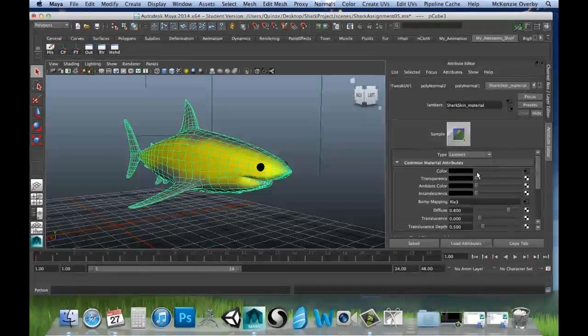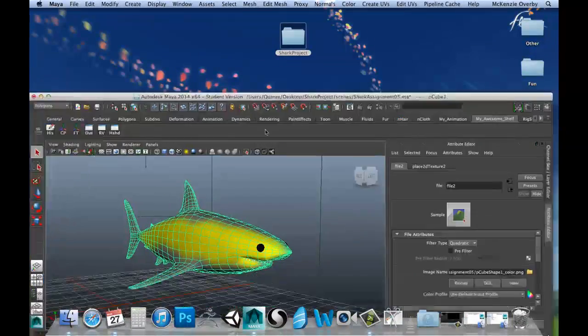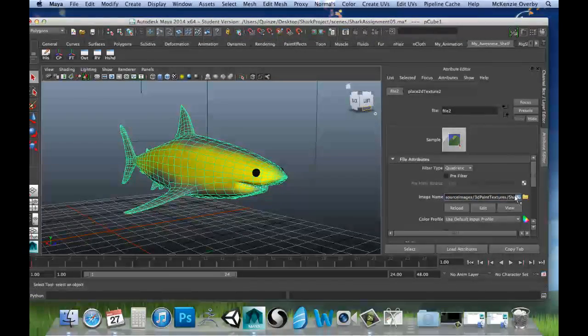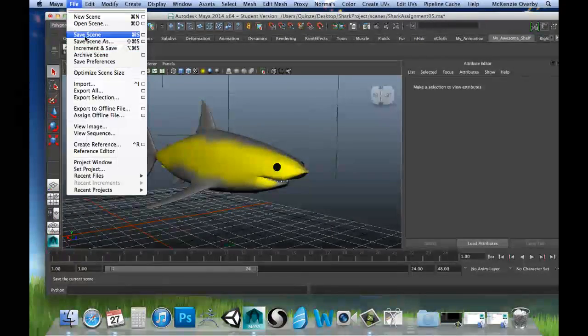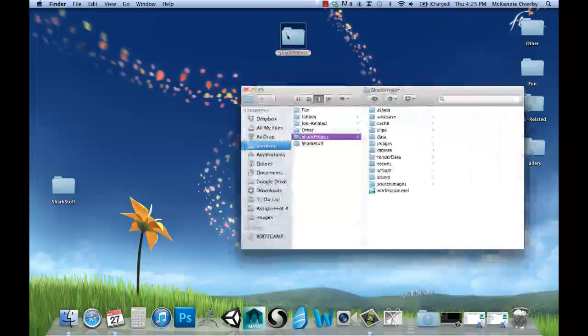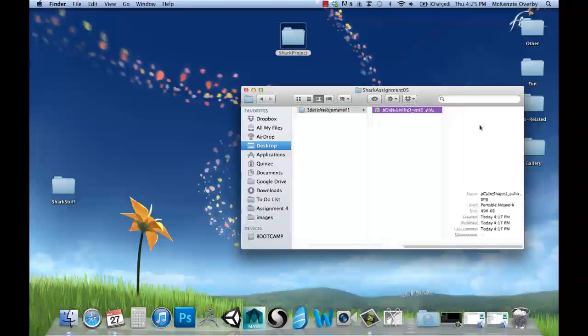So from now on, Maya is going to look for this file in your project folder under source images, you know, just follow that 3D paint texture path, okay? It's nice and organized. And now, we'll save that. Now that we have our color map included in our project file, hanging out right there where we want it to be,